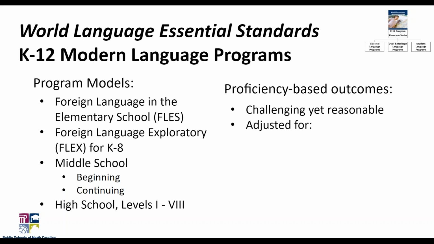The proficiency-based outcomes are adjusted for a variety of things, including instructional time. For example, we talked about FLES programs needing at least 90 minutes of instruction per week or more. And so if you have that situation, you have to keep in mind how often students are meeting for formal instruction. When students get older and are in middle school or high school programs, they have one class period every day or every other day, depending on the schedule they have, like a block schedule or something else. So again, that instructional time goes into the reasoning for those proficiency-based outcomes.